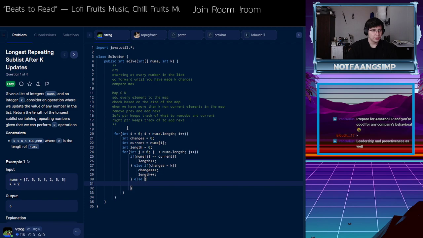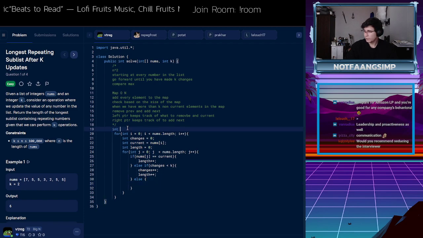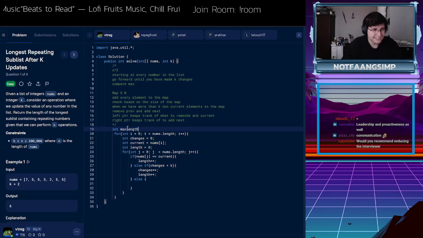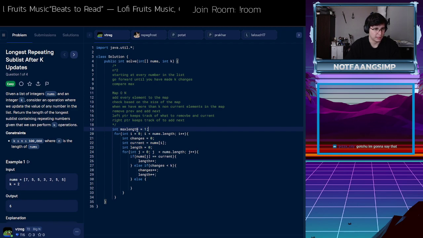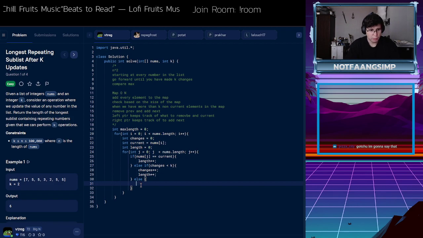Let's do int max length. All right, max length equals 0. I think actually we can set max length to 1 if we have a length of greater than 0. Actually, let's do that. Then, if we ever get to this point, we do max length equals